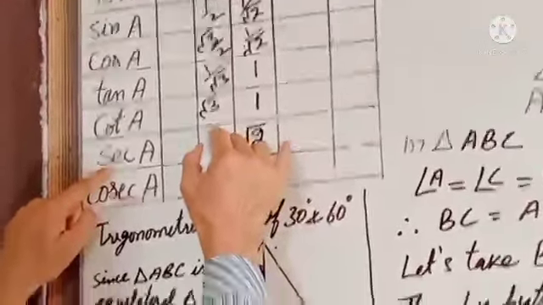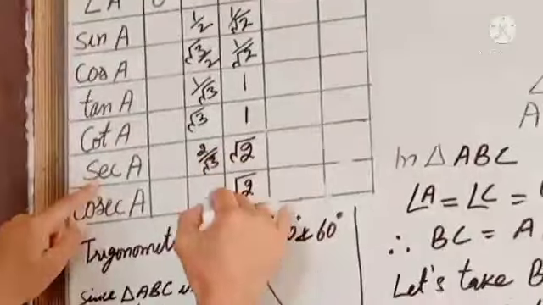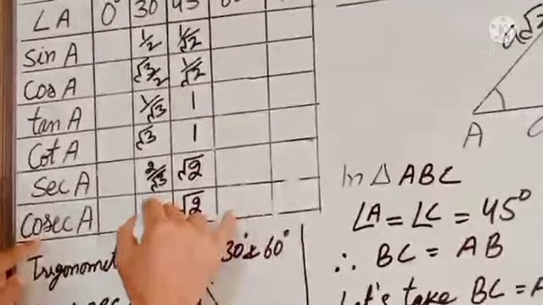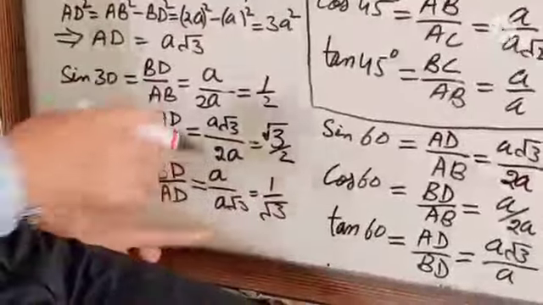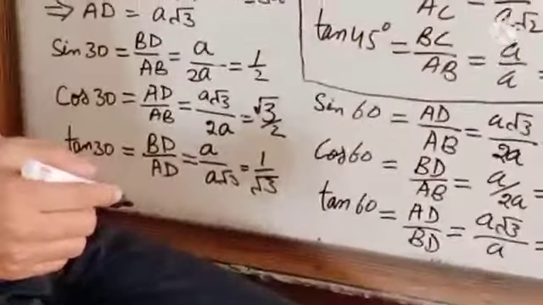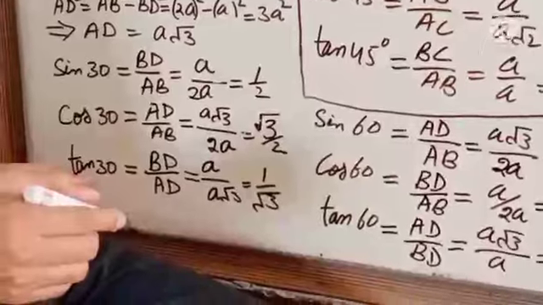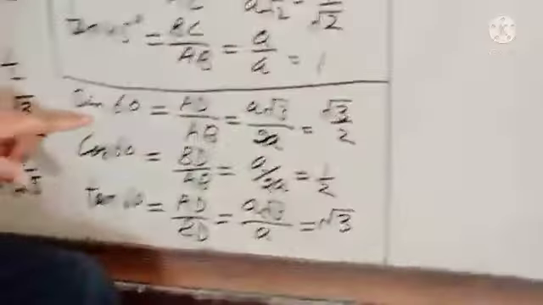This will be 2 upon root 3 and this will be 2. Right? So having calculated sin 30, cos 30, tan 30, cot 30, sec 30 and cosec 30, let's calculate sin